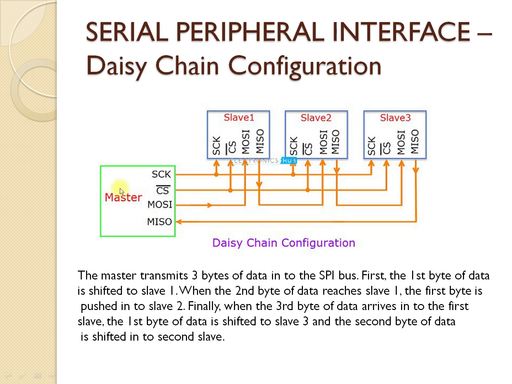So if the master sends the third data, then the second data is transmitted to slave number 2, and the first data is transmitted to slave number 3. As such, the data is shifted from one slave to the other slaves. This type of configuration is common whenever cyclic data redundancy is required. This kind of configuration is used as a daisy chain configuration.